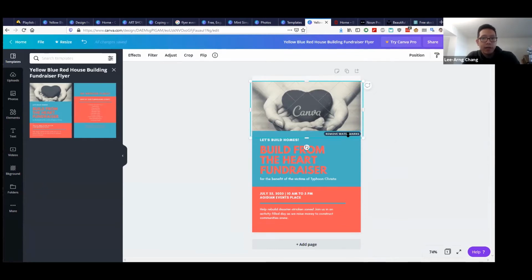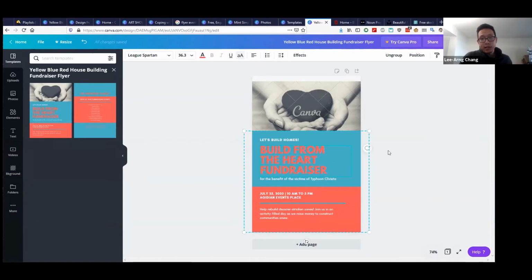So this means that I would have to pay for this in order to use it. And I'm not really using this for this particular image. So what I'm going to do is show you how you can upload an image and replace an image. So I'm going to change some of these colors. I'm going to change this photograph and add some of the content here to show you how to go about